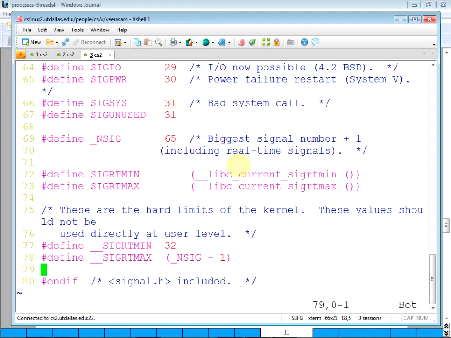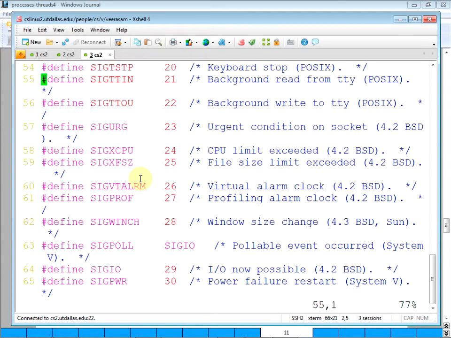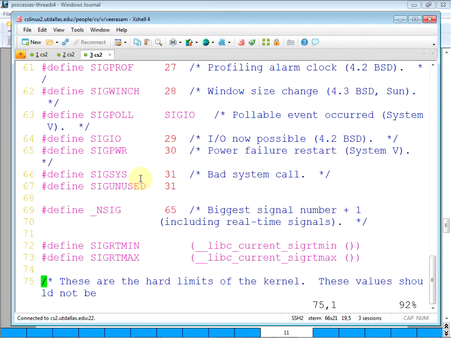This value should not be used directly at user level. 60 means 60 max. What does that mean? SIGUSR? No, it's not defined here. I've seen something like SIGUNUSED and the biggest signal.